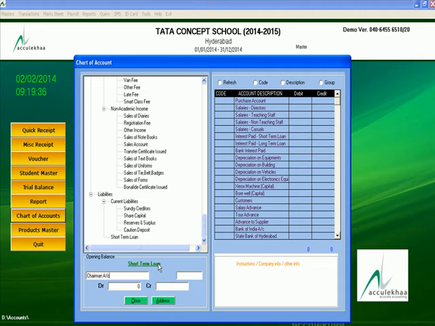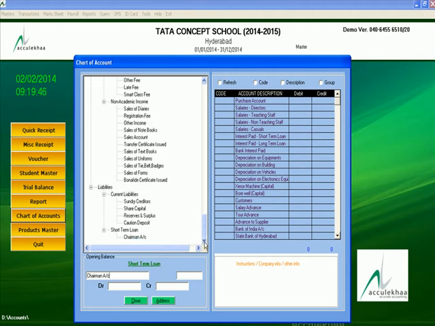Same liability, enter. Like that, suppose we are borrowing money as a short term loan from anybody, from a chit company or any other partner, we can create an account under liability like that.